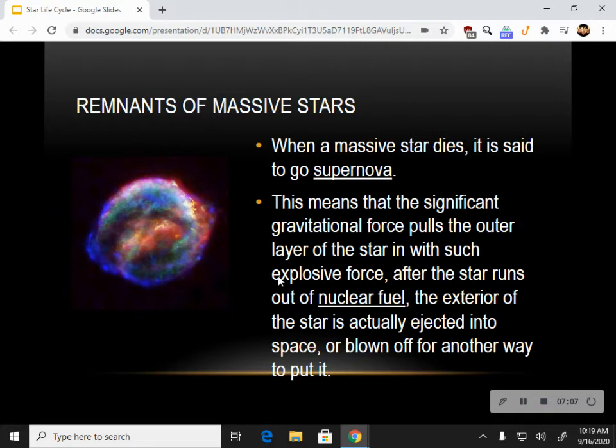That's what a supernova is. It basically explodes outward because of how quickly it turns into a white dwarf type star. Because the white dwarf is smaller, it takes in that energy much slower. A larger one takes in that energy much faster,